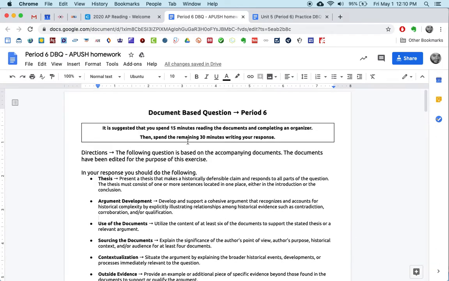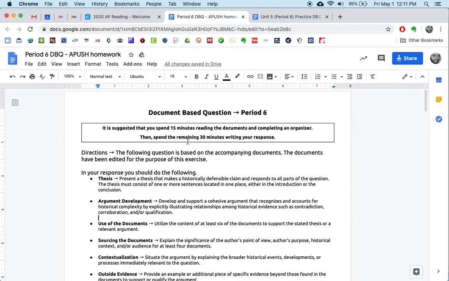Hi, here I am again with another practice, or rather model response to a practice document-based question, and a quick review or debrief of that model response to show you how it achieves all, or fulfills all, of the requirements of the AP exam